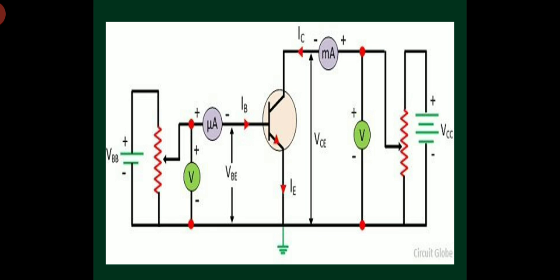Now the process is repeated at different fixed values of VCE. Okay. Now let us suppose VCE is now fixed at 1 volt. How will I make it equal to 1 volt? If I vary VCC, then VCE is varied. So I will vary VCC such that VCE becomes 1 volt constant. And now I will vary VBB again and plot the graph between VBE and IB. The process is repeated for different values of VCE.